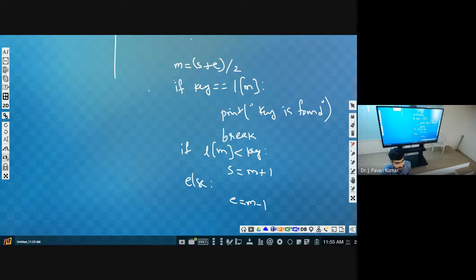If start and end points are the same, do we need to stop there? No, there can be a possibility that the key is there only.